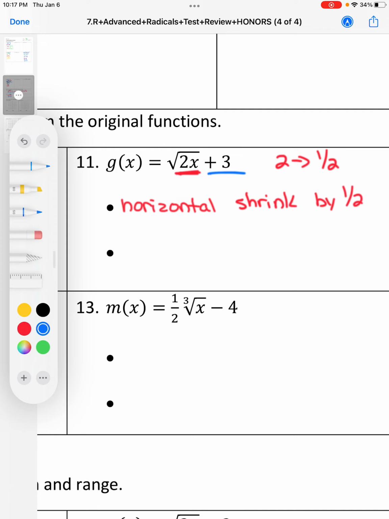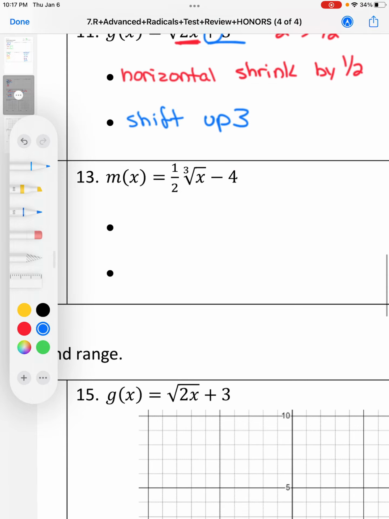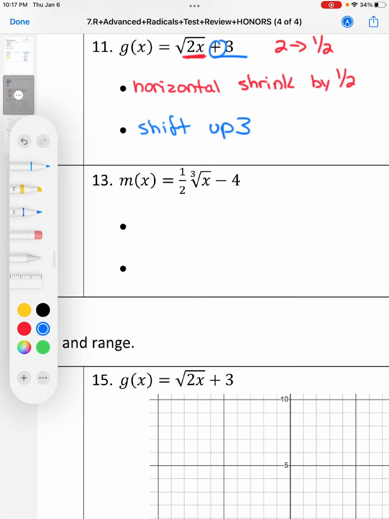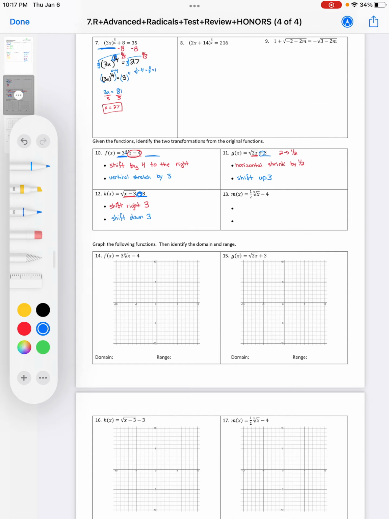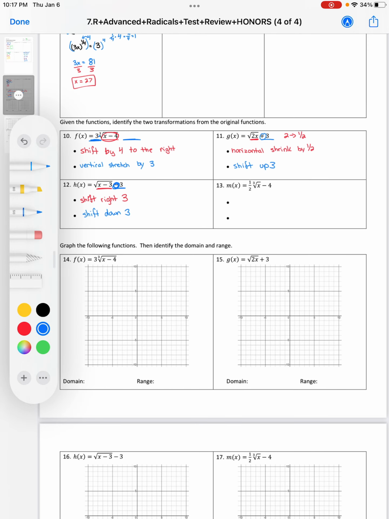Okay, so let's go to the other one. We're going to shift, because we're adding and subtracting, we're going to shift up 3. Okay, going to leave you to do the last one on your own. You can check the answer key. So, let's go to